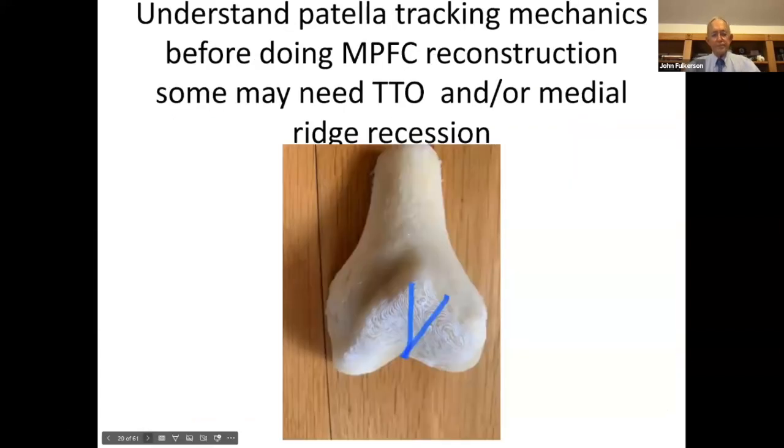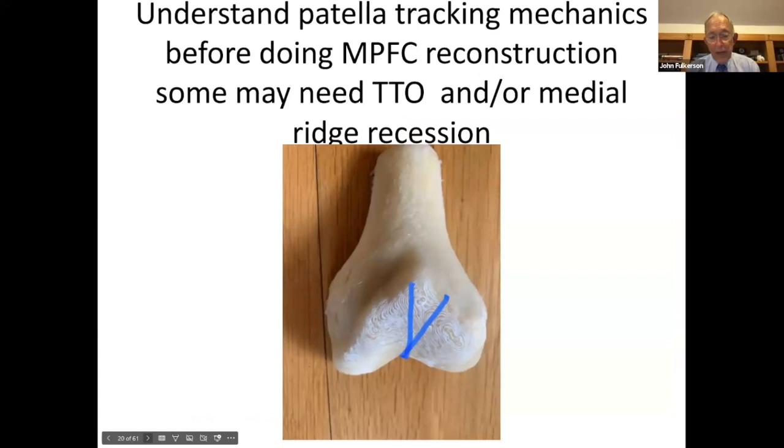Okay, so as Dr. Sherman said, we need to understand the patella tracking mechanics before doing any medial patellofemoral complex reconstruction. And some people may need a tibial tubercle transfer or a medial ridge resection, which he also talked about. So one of the measurements that we make routinely now is what we call the